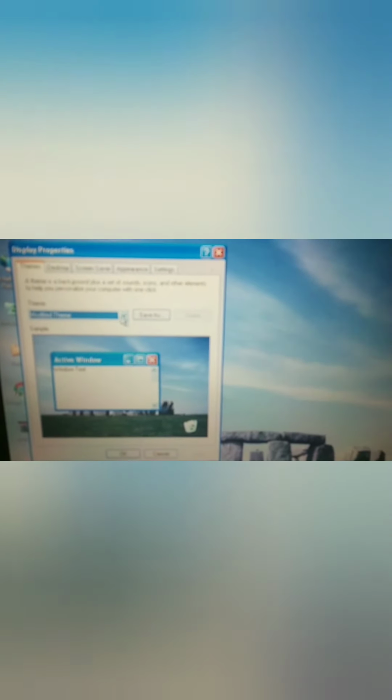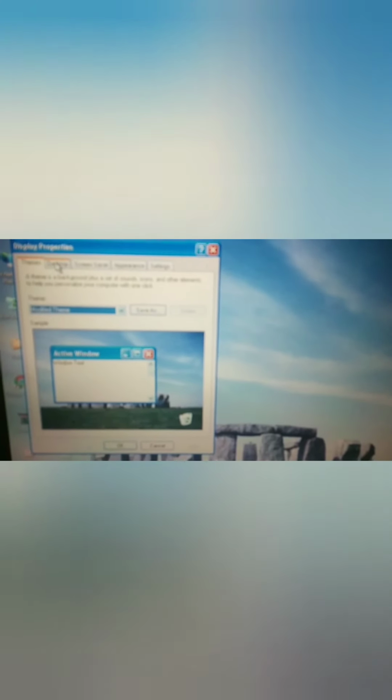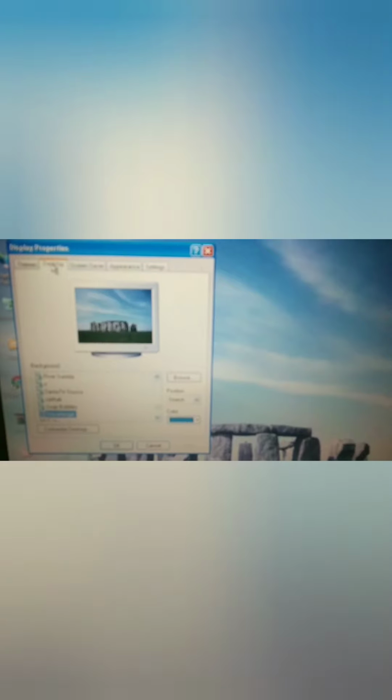We will take the last option of properties or personalize. In this we will take desktop, and in this we can pick any of the backgrounds, select it and apply. In this way my background or wallpaper is changed.